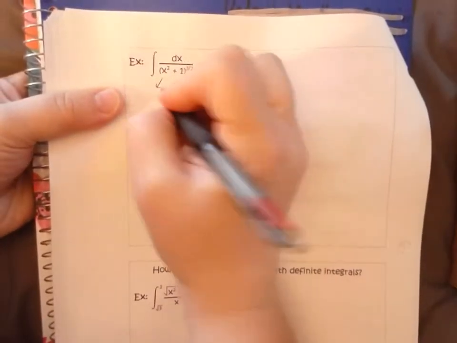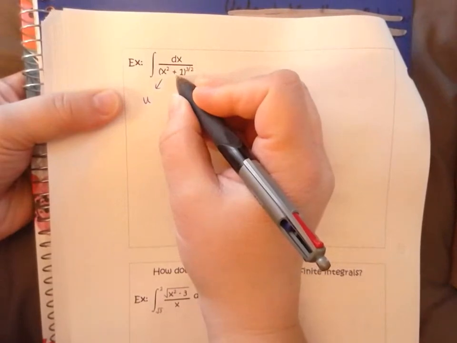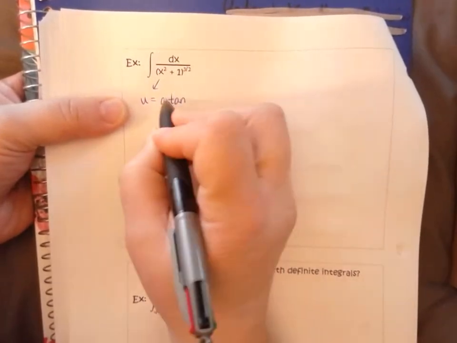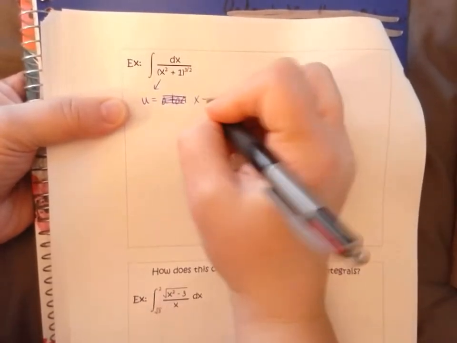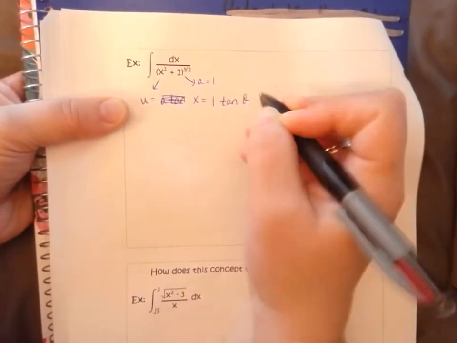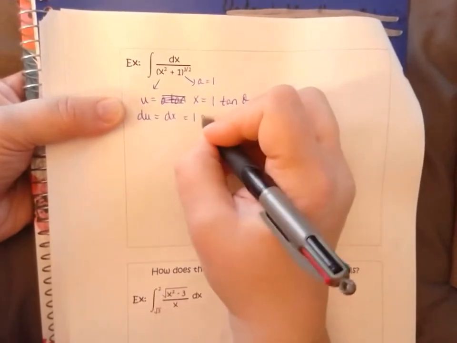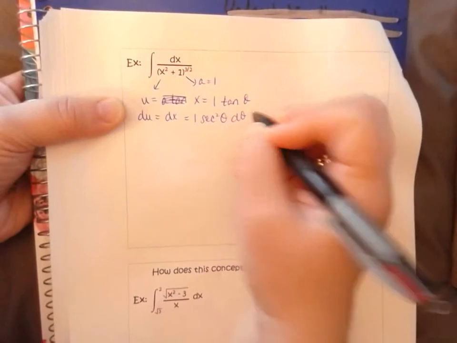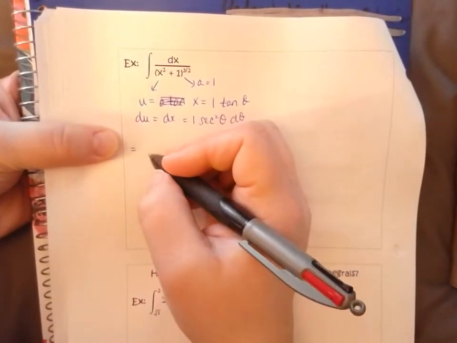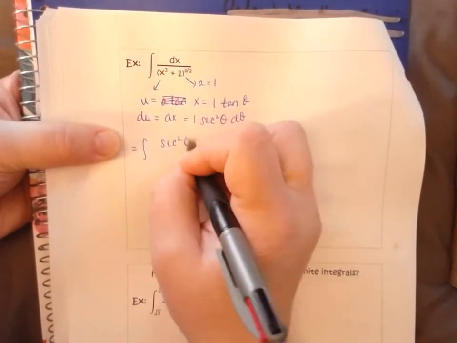In this case, it's a positive, so which one are we going to use? Hopefully you remember tan, so it's going to be a tan theta. du is equal to dx, which is equal to 1 secant squared theta. No, we don't need the ones, but I wanted to write them down either way. So this is equivalent to dx, which is secant squared theta d theta,